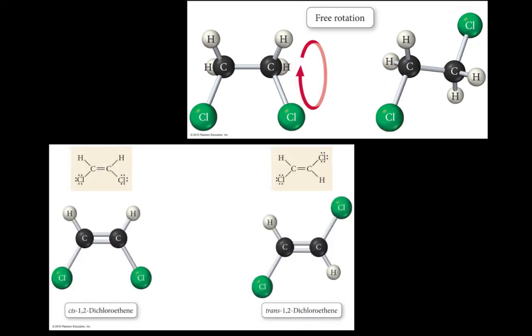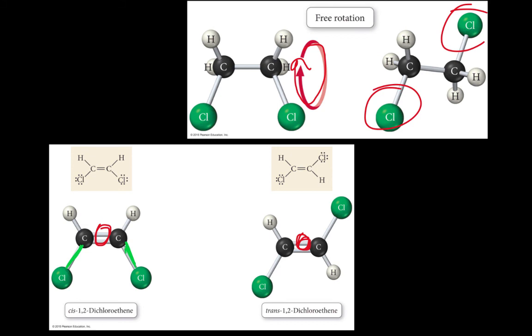So here we see a similar molecule, C2H2Cl2, and we've got a case where we cannot rotate this bond. We've got this double bond here and here in these two molecules. These two molecules have identical formulas, C2H2Cl2, but because of the arrangement of the chlorines on the sides of that double bond, they do not have the same chemical properties. Here we see the chlorines are on the same side of the double bond, and so that actually is given its own name called cis